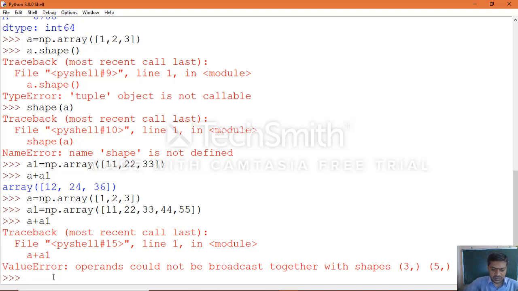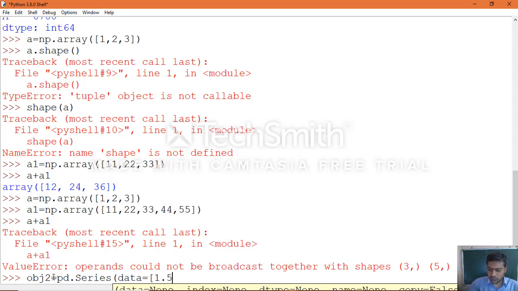Same as before, you can create obj2 equal to pd.Series of data equal to 1.50, 12.75, 24.00, 35.25, 46.50, then index equal to a, b, c, d, e.